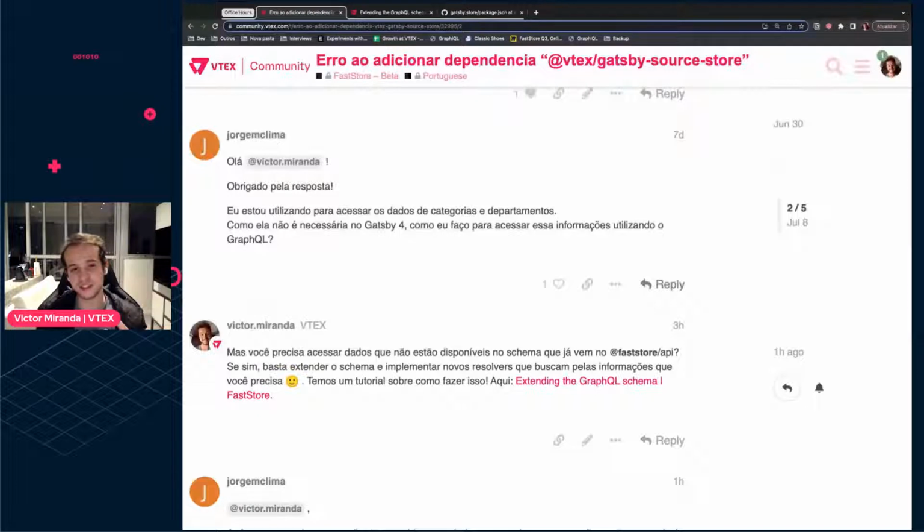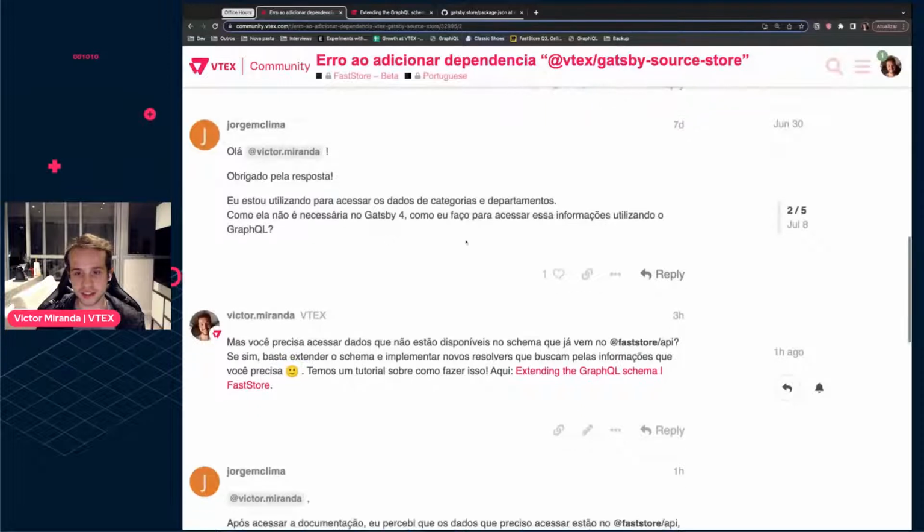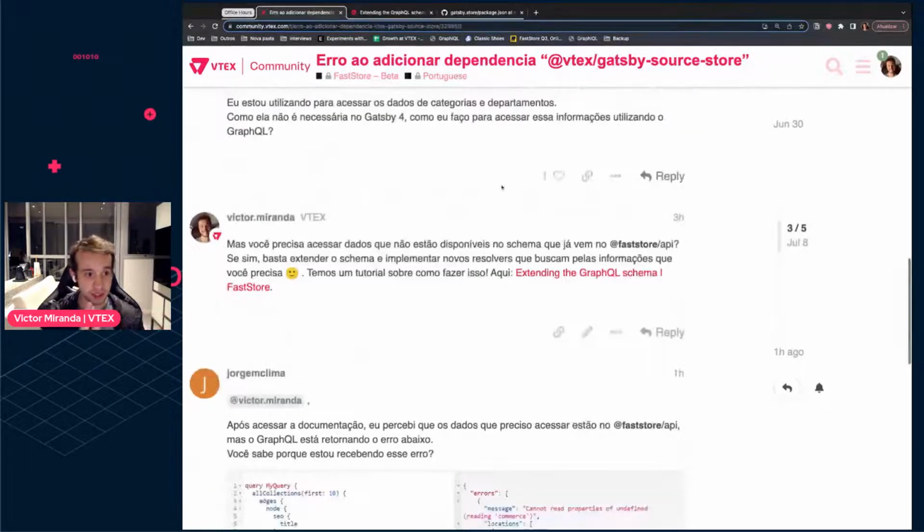What are the issues that you're having that motivated you to actually need that package? And then he said, okay, I need this. I need to access some information about categories and departments. Awesome. And then basically the idea is, if you need to access some information that we don't give you, like